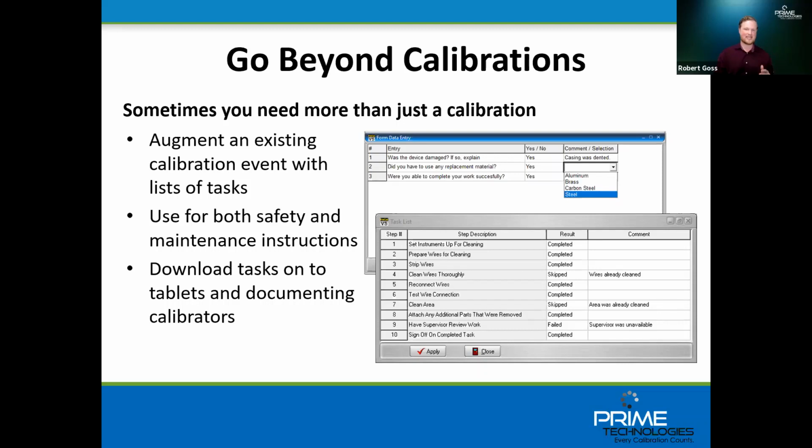So if your CMS has the capabilities, and again, not all of them will, but definitely some of them will, you're going to be able to not just augment an existing calibration activity with additional tasks, like a visual inspection checklist or something like that, but you're going to be able to use the tool to track minor PM applications, other maintenance activities, or anything like that too. And most of the time, and we're going to get into this a little later too, these tasks and these checklists are going to be able to be downloaded to a documenting process calibrator, if you are using one,